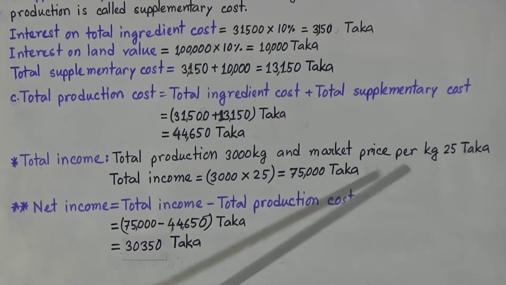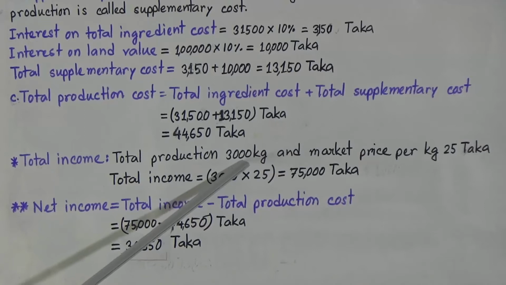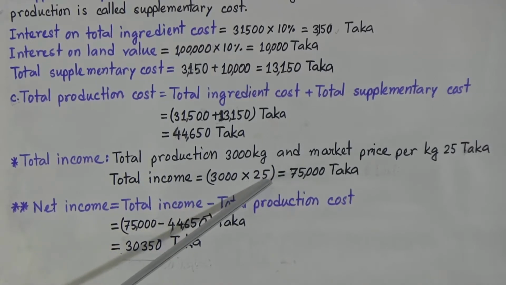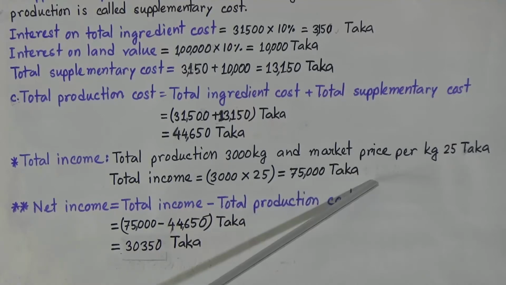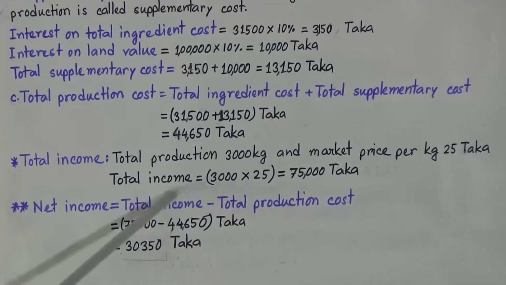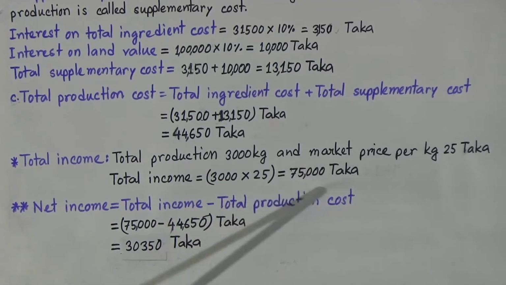But if there is any byproduct, like if you produce rice, we can sell rice or the straw, or if you produce maize, we can also sell the maize or the chaff of the maize. Just like this, we can earn some money by selling the byproducts. And if you find the byproducts, you need to add them with the total income. And now we will find out the net income.